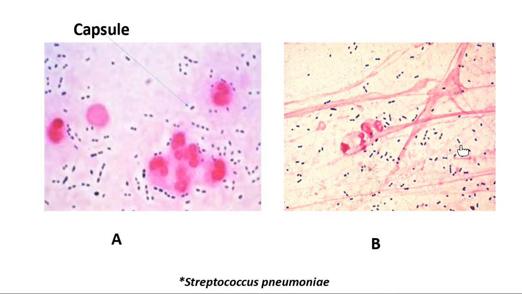In both cases, the specimen is okay, and you find only one type of organism, which is Streptococcus pneumoniae. It contains halo marks around these bacteria, which are the capsule, very difficult to find in a gram stain, but sometimes you can observe it. So if you see here in figure A, you find the halo marks, which are the capsules around these bacteria. Clear?